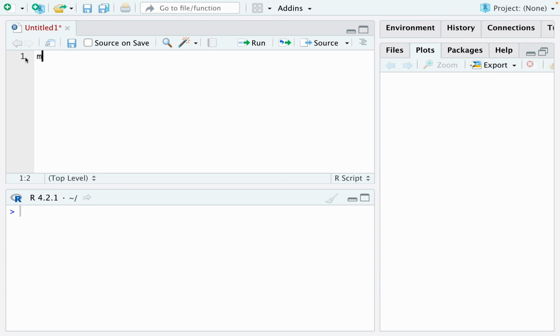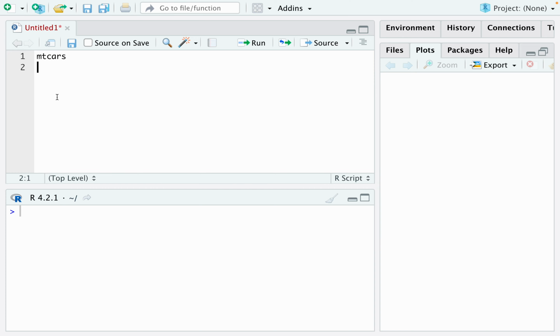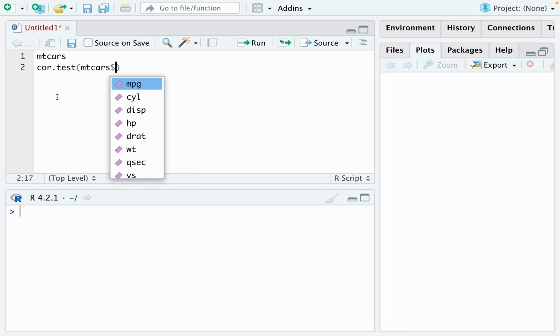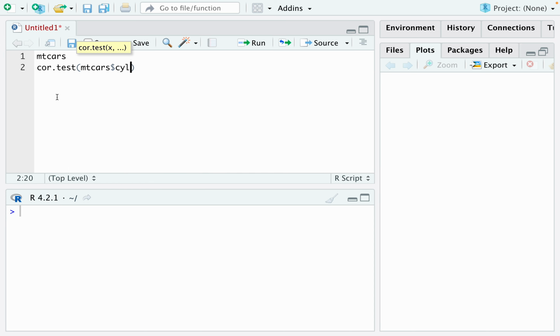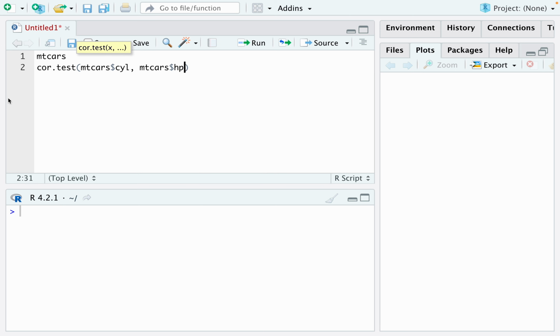For correlation test, I'll be using this file, mtcars, and the command will be CORTEST. That's a contraction of correlation test, and mtcars. The first variable I want to use is cylinders, number of cylinders, and the second variable is horsepower. So this is the command for the correlation test. And when I hit Control Enter,